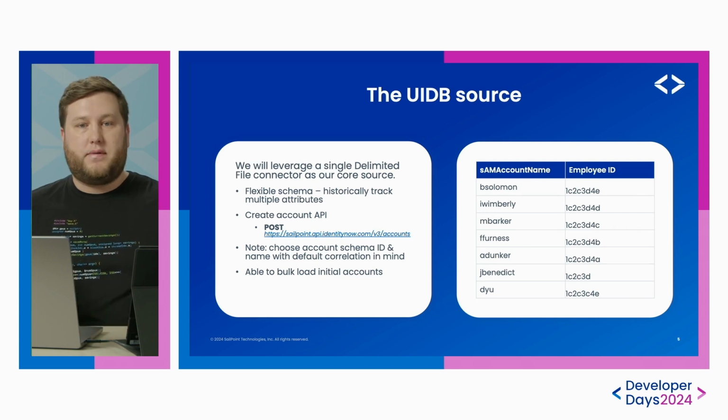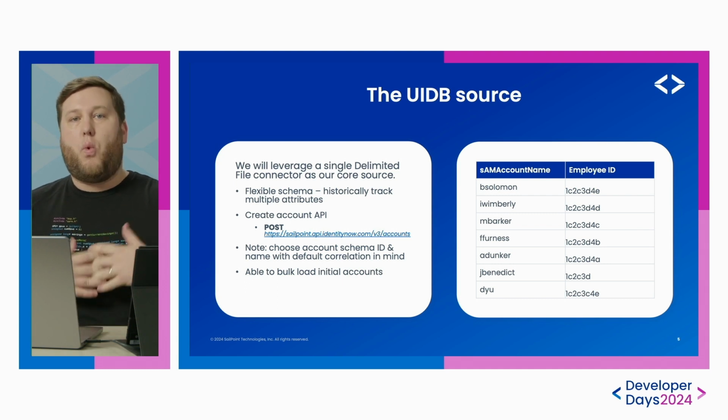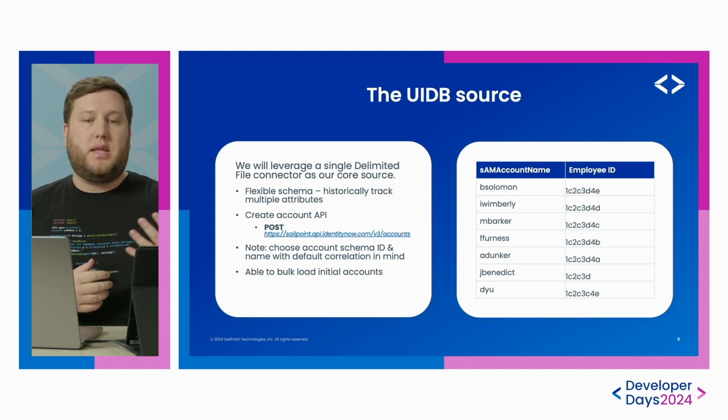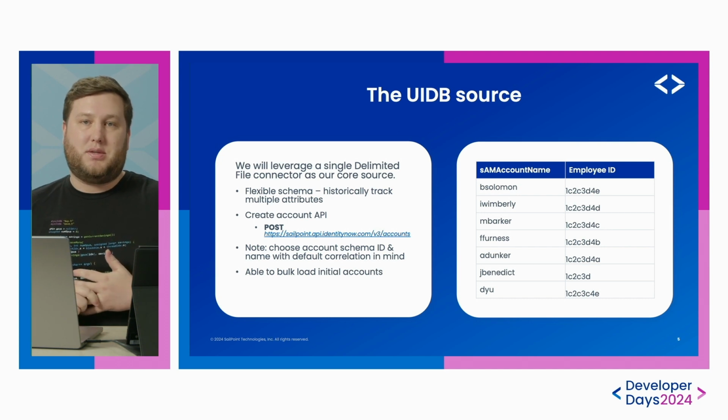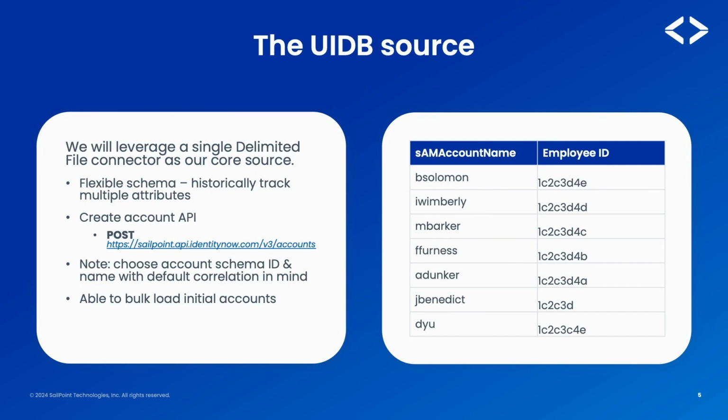So first off, our delimited file source and the core source for this component. Why we're choosing this source is, A, for the flexible schema that we can easily change. In the example on the right is a very simple one. You'll see we're using SAM account name and employee ID. However, this can be extended for a number of additional unique IDs you might need to track. Maybe you need to also track email like we mentioned before, user principal name, or another type of email, or